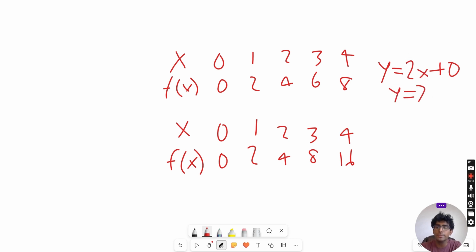So y equals 2x. However, for an exponential function, it's a little bit different. It's in the format y equals b times r to the power of x. So what does this mean? B is like your initial value. So what would be your y-intercept, for example? So in this case, our y-intercept would be 0,